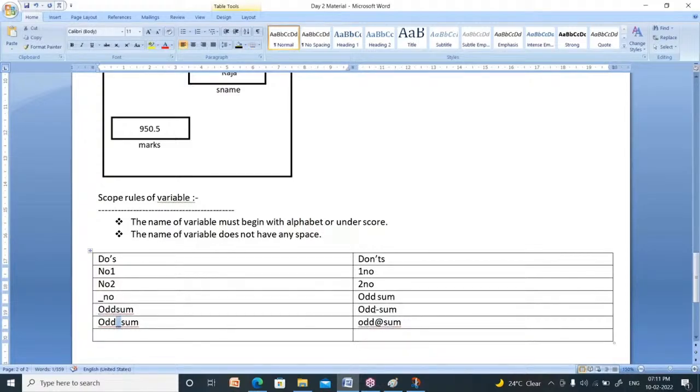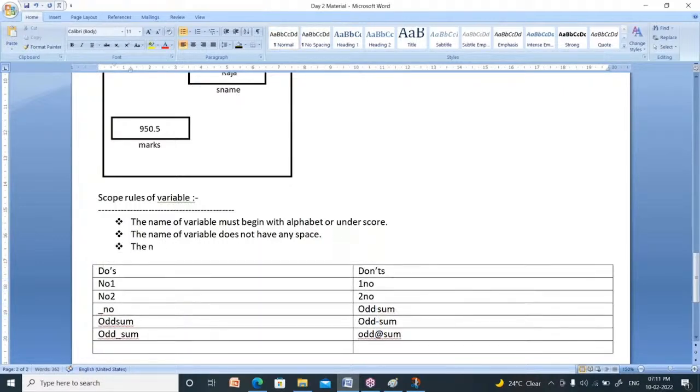It doesn't allow any special character like minus, plus, into, by, at the rate of symbol. Now what is the third rule? The name of variable does not allow any special character except underscore. Except underscore, we should not use any special character.